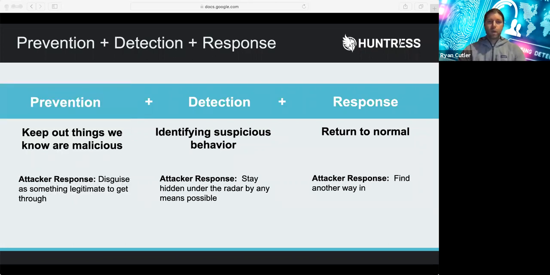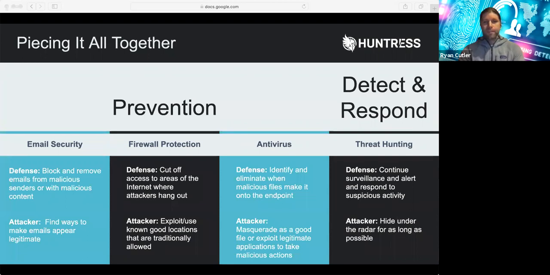So what's important for us to remember is that we need both prevention and detection and response to give us the best chance at finding attackers. And this slide does a little bit better of a job to help us describe prevention versus the detection and response. So let's take a moment to look at the preventive measures we have in place and how detection and response adds that additional layer. So we've got our email